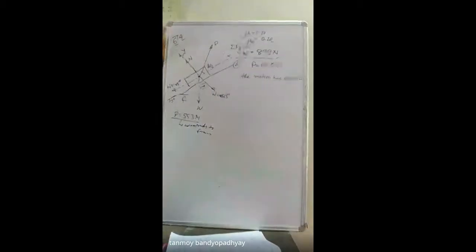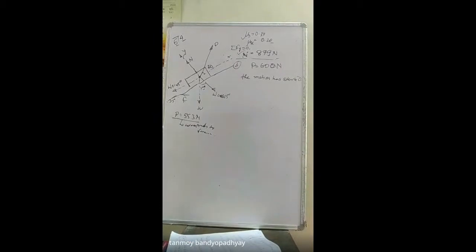Okay, so now we need to find out the value of the frictional force. Since motion has started, what will be the value of the friction? I will take case C only, so I am calling it FC. That is equal to the kinetic friction, mu k into n. Mu k is 0.20, n is 879. So FC will be equal to কত হবে?